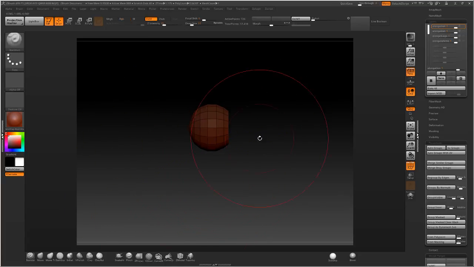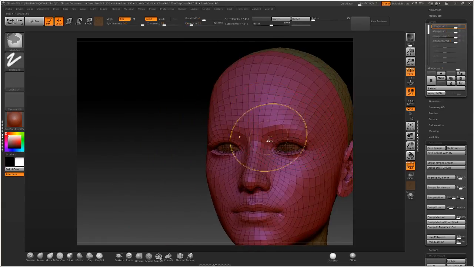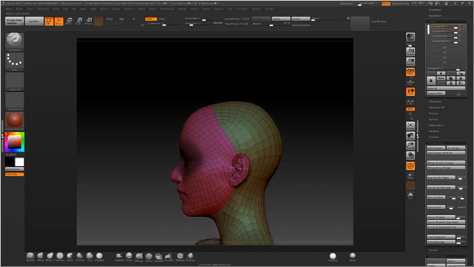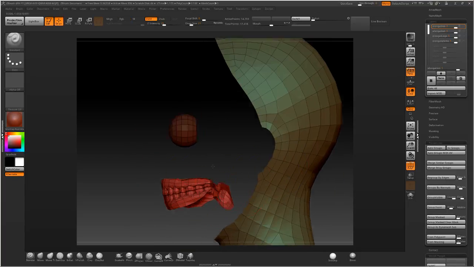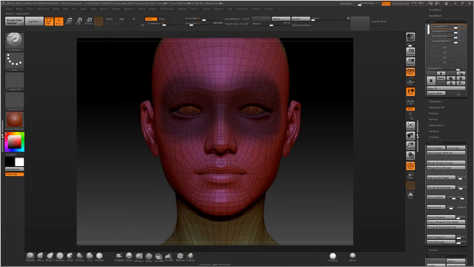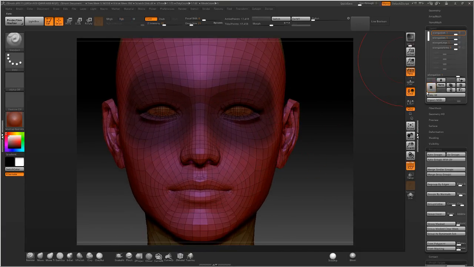And then I'm going to mask those eyeballs. And also, let's just mask around the eyes, because some of the things that I want to play around with at the moment, I really don't want to alter the eyes at all. And let's do the same with the mouth. I don't want to alter that mouth. Now let's make a new layer,